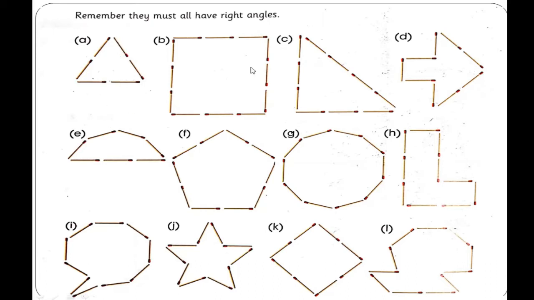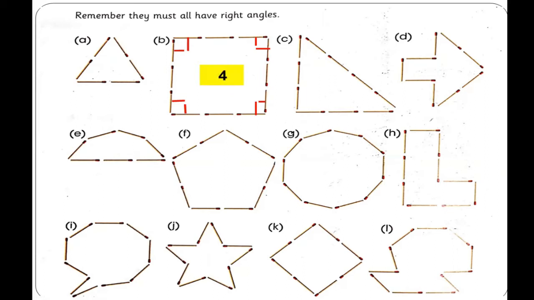In the other one, in this shape, you can look at these two lines: exactly one horizontal and one vertical line. When you see this, you form a letter L. So we form 90 degrees here. When you draw a small square, it means it is 90 degrees. On the other side also you can see 90 degrees and 90 degrees. So how many right angles do you form here? You form 4 right angles.